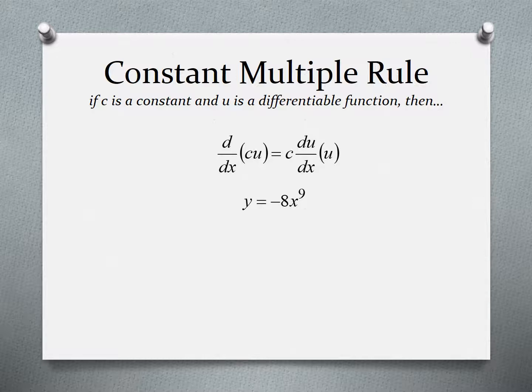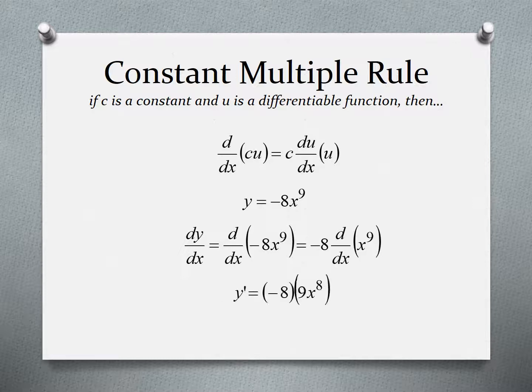And if we want to find the derivative, remember we're looking for, in context, the slope of the tangent line, then we're going to move that -8 off to the side, and we're actually going to differentiate the x to the ninth. In terms of manipulating this thing, we're dealing with that x to the ninth, and that's what the constant multiple rule says we can do. So whenever you see the setup, just go ahead and pull that coefficient off to the side, and then we deal with the